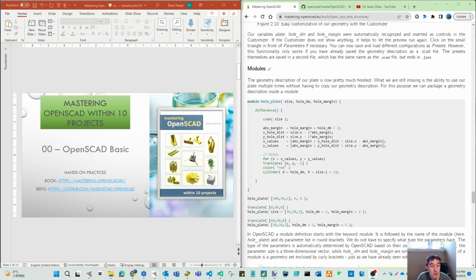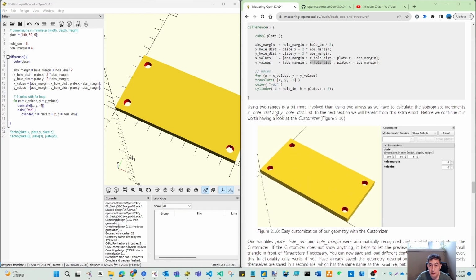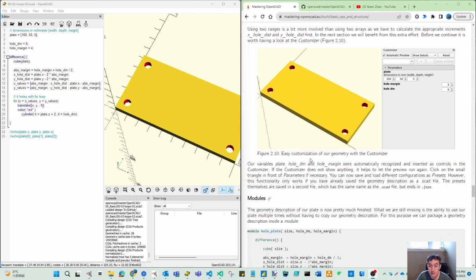Welcome back. Let's continue on this Mastering OpenSCAD within 10 project. We are still in the basic chapter, and we follow the last one. We have already done enough discussion about the basic shapes and the for loop, and the combining difference. We don't use union and intersection yet, but just use the difference. We are already able to draw this nice symmetry